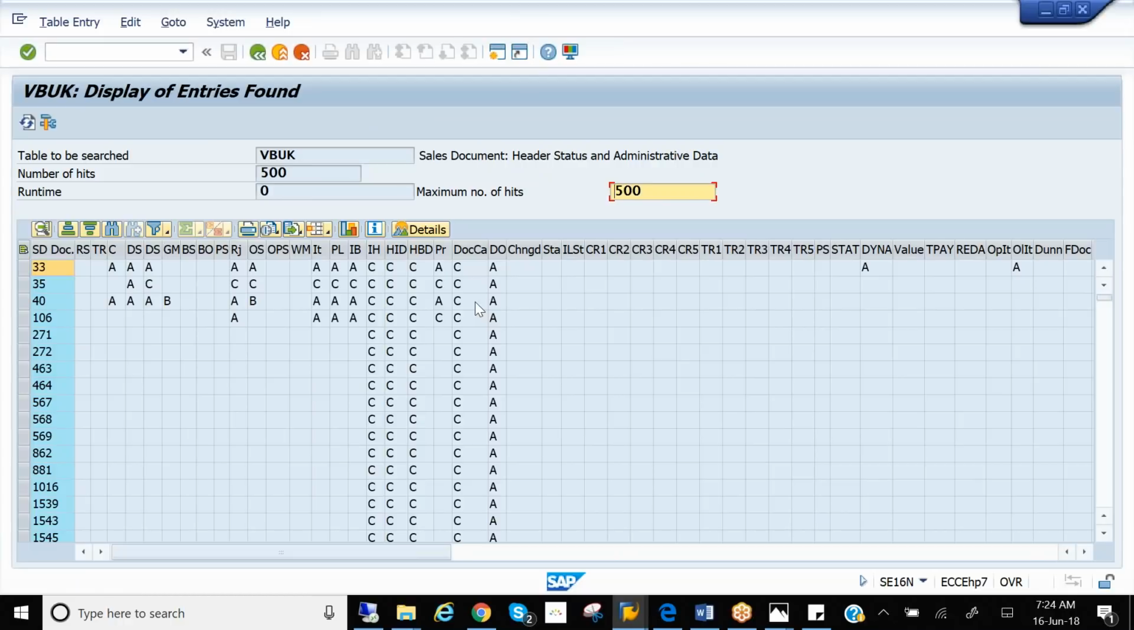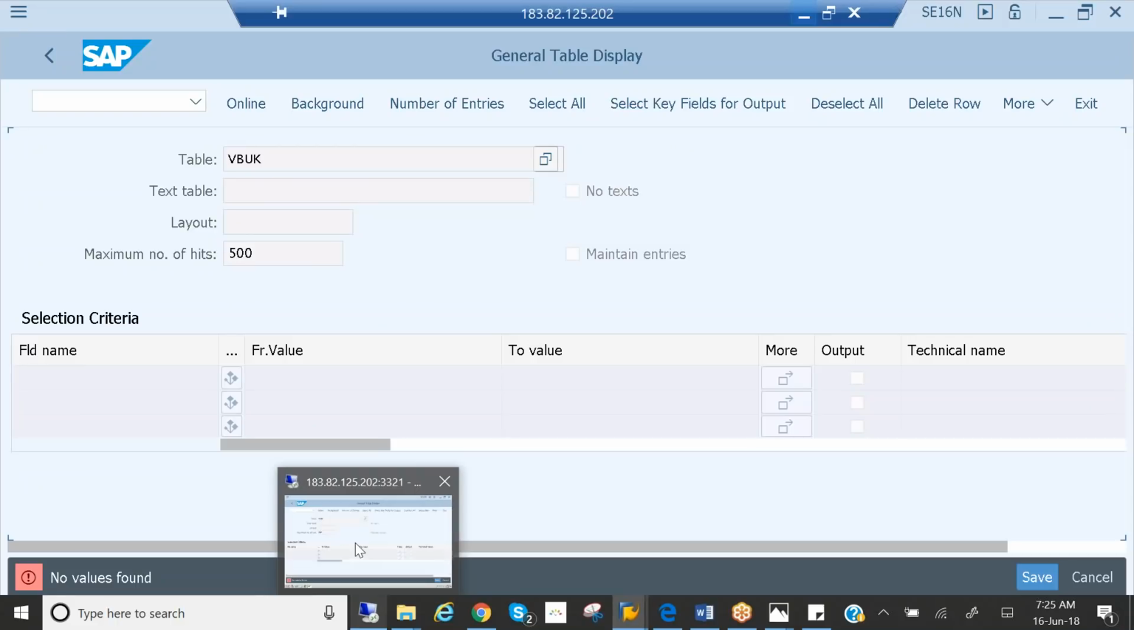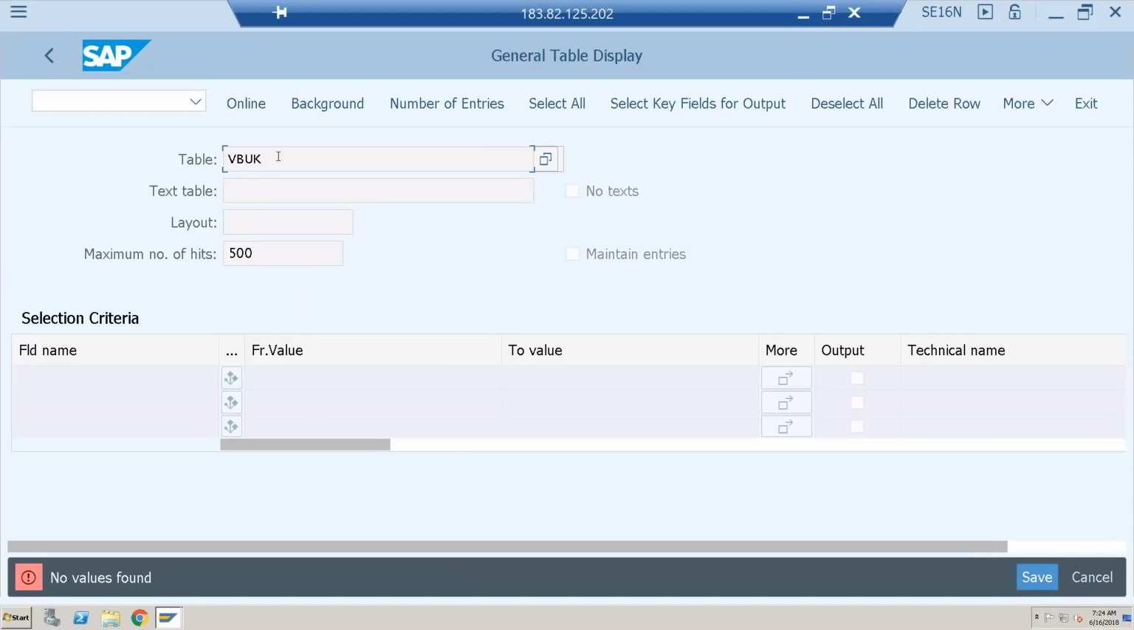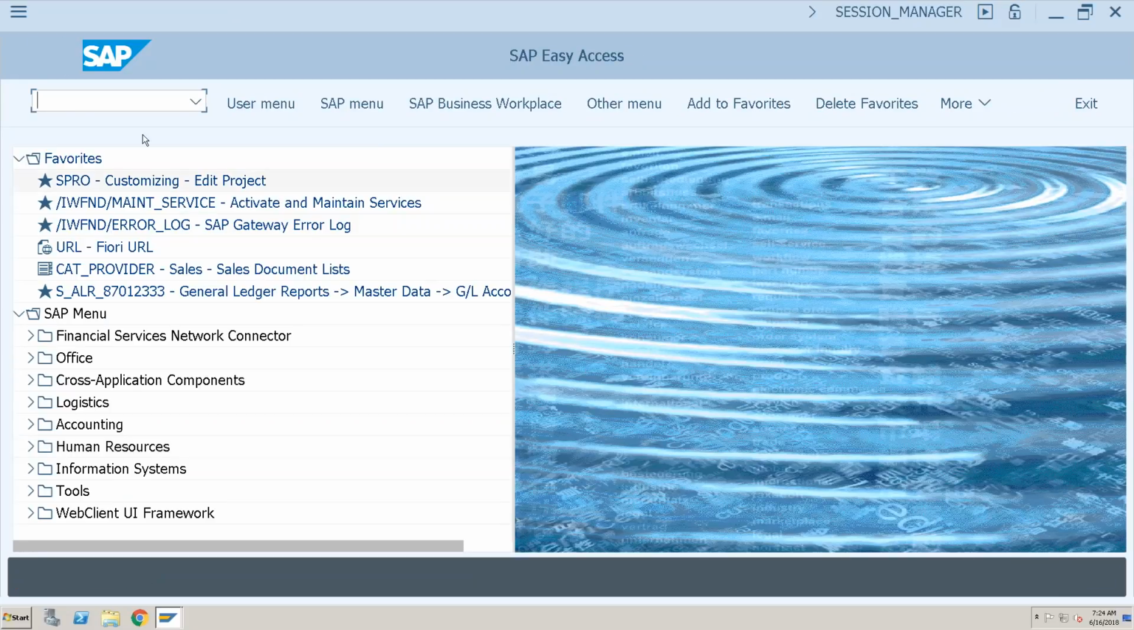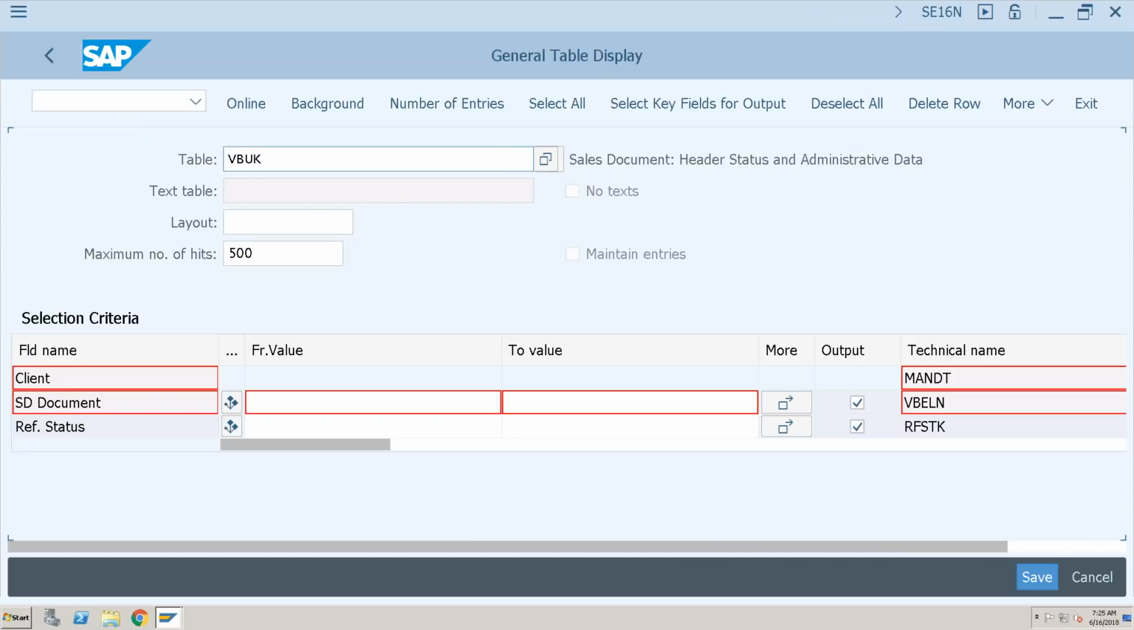Why is it showing records? Because we were using this redundant table in the ECC, but that has been removed here. The status tables have been removed because the status is now part of the header table itself. That means if I go to SE16 and the header VBAK table,